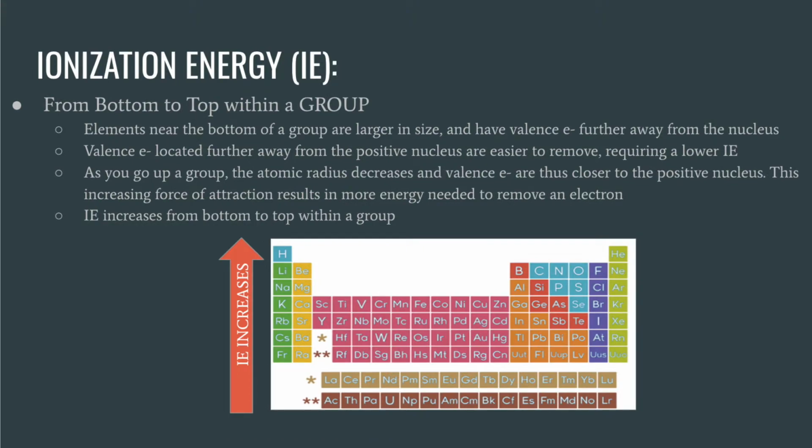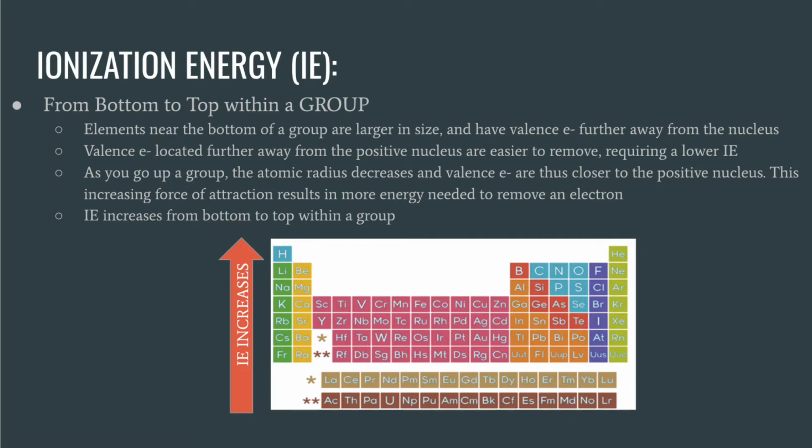Now let's look at ionization energy within a group, or a column. So notice that your elements near the bottom of the periodic table are going to be in higher energy levels, and therefore their valence electrons are going to be located further away from the nucleus. If your valence electrons are located further away from the nucleus, then they're going to have a lower force of attraction. Remember, as distance increases, your force of attraction is going to decrease. If that force of attraction isn't very strong, then those electrons are going to be easier to remove,